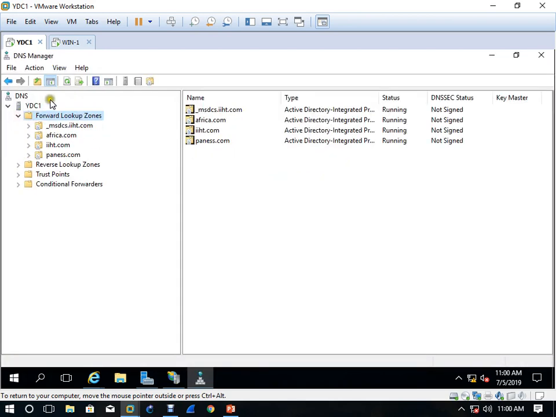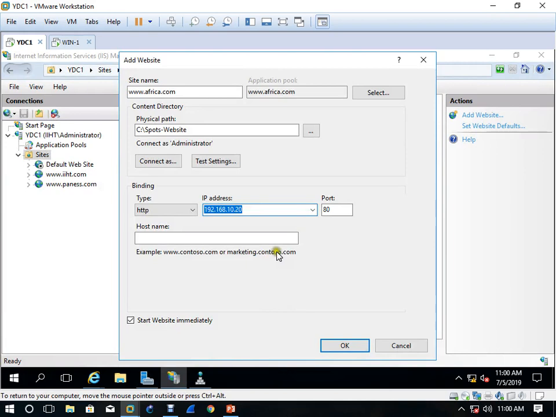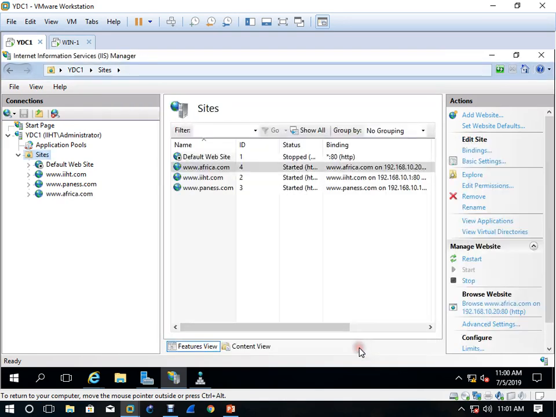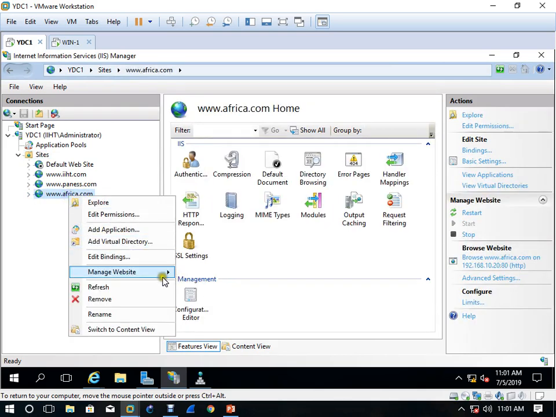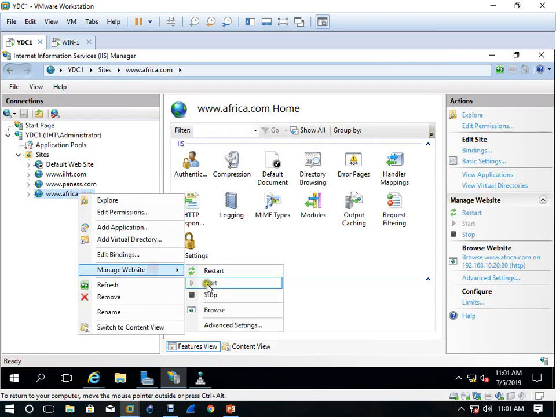DNS must be refreshed and it must be replicated. Okay, if it is not coming, let's put like this. Name is same like this. Click OK. And after this, first you browse, manage website, restart first, refresh it, and then come again here and browse it.